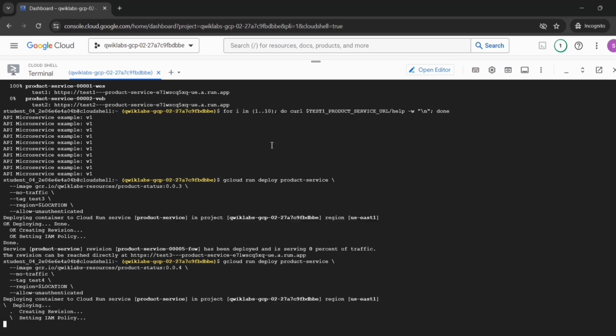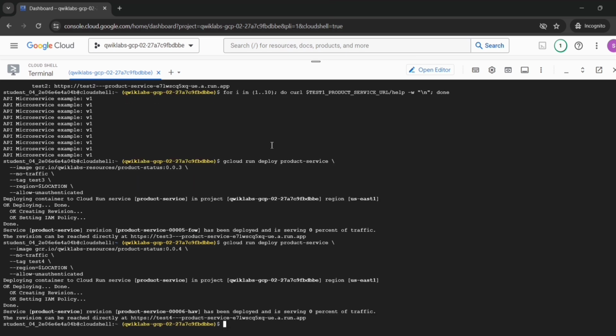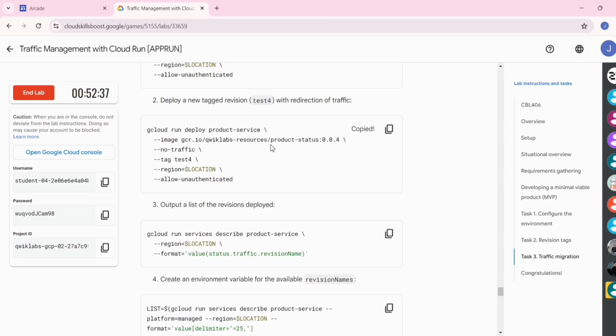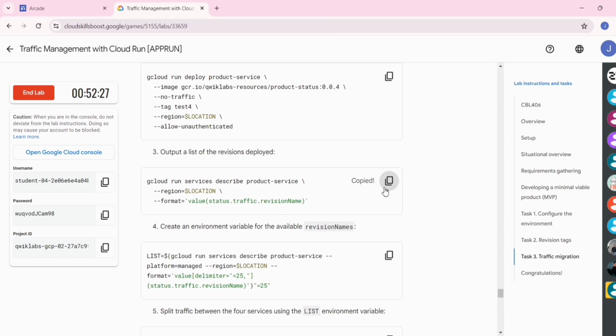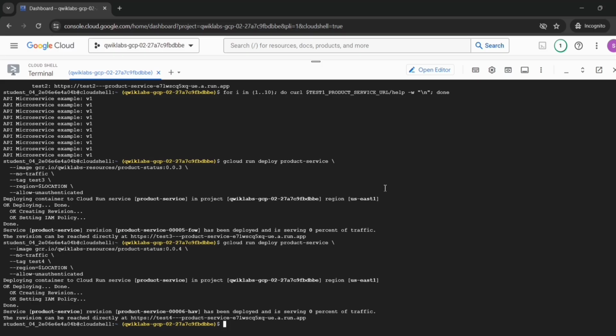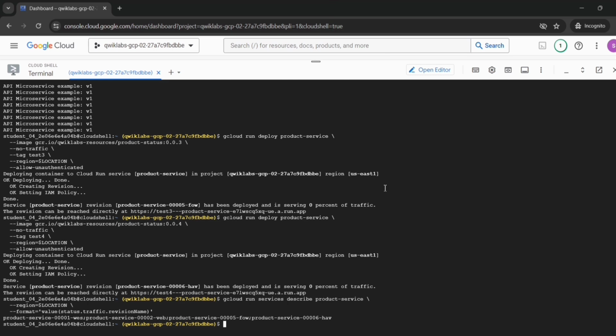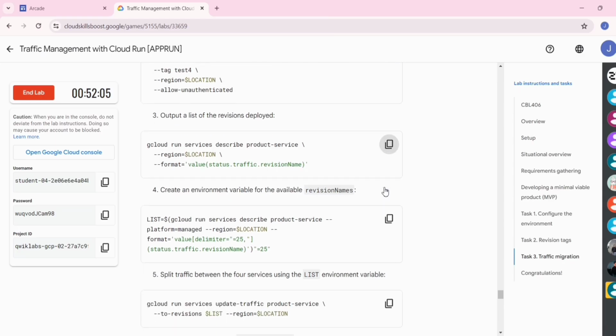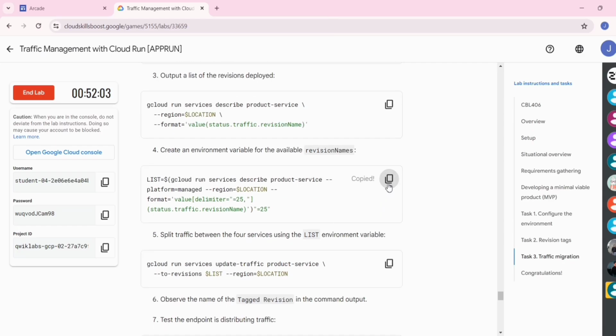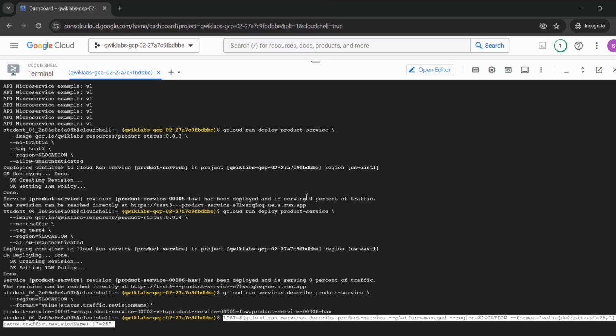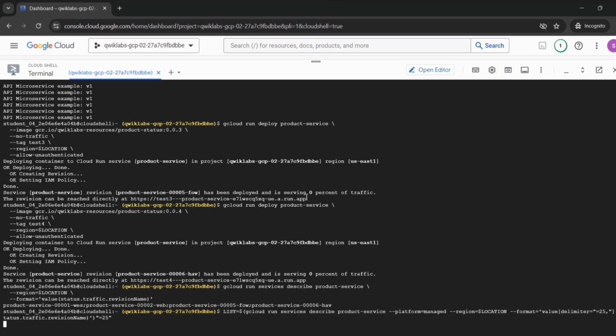Now go back, let the command run completely. Now go back to the lab instructions, copy the third command from here, paste it here and press enter. Now go back to the lab instructions, copy the fourth command, paste it here and press enter.